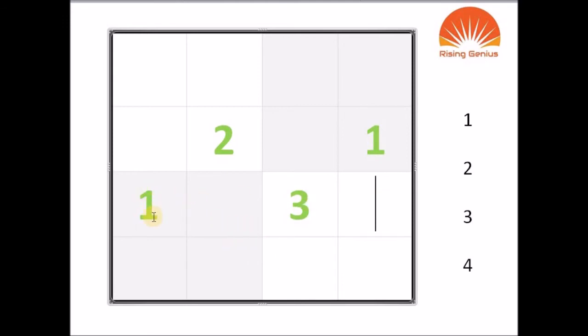So if you have 1 here, then you can't have 1 here and you cannot have 1 here. Now you have 2. 2 is already in this standing line, correct? So you cannot have 2 here. So now where else can 2 come? Only here. Similarly 3 is already there, so you can't have 3 here. And what is remaining? 4. So you got this sleeping line is completed.